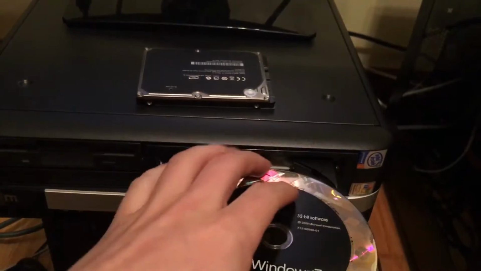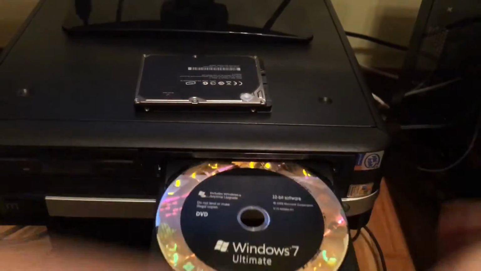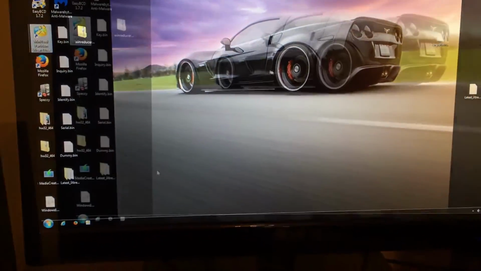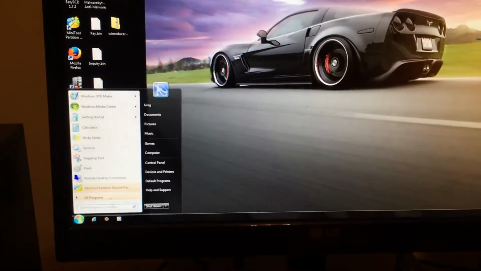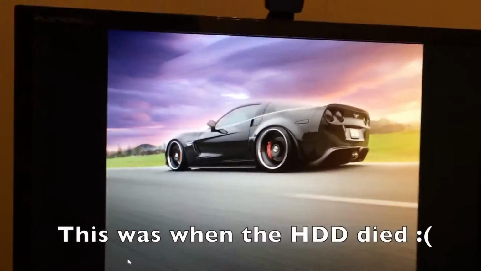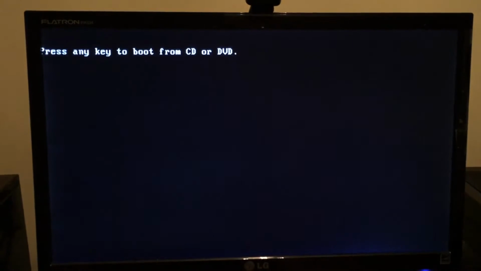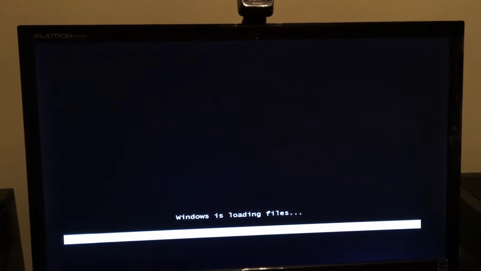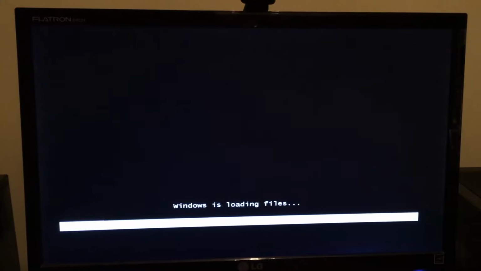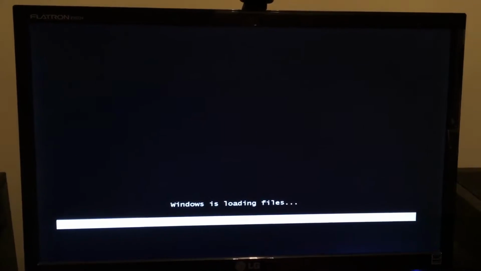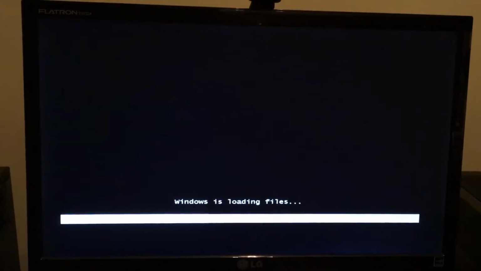put our disk in, and then we will want to restart the computer and make sure that our BIOS is set up to boot into the disk. We hit any key to boot into our disk, and mind you, if your computer supports booting into USB, you can also use a USB flash drive, which would make this load quicker, and then you would not need an